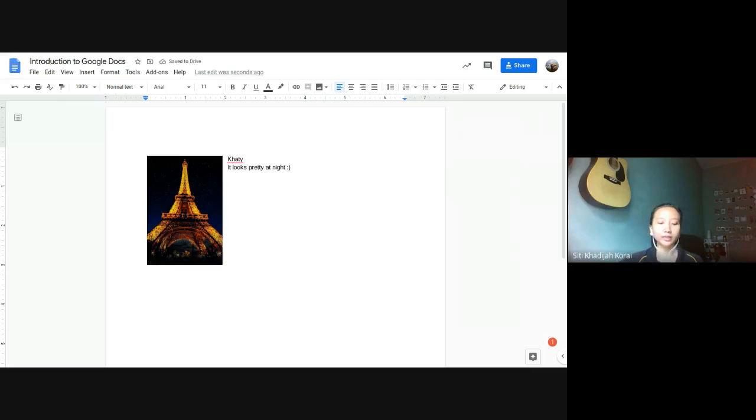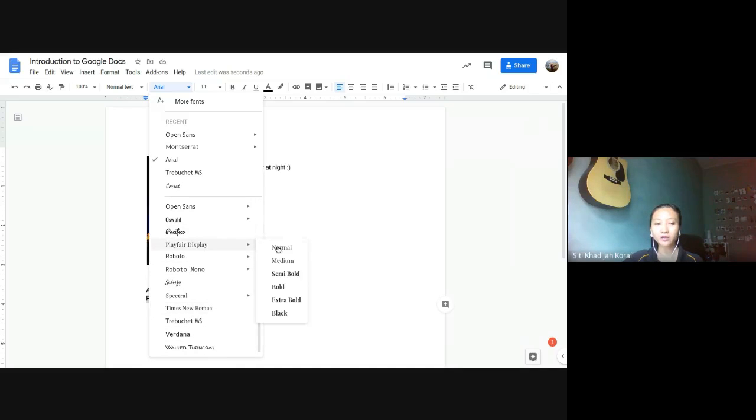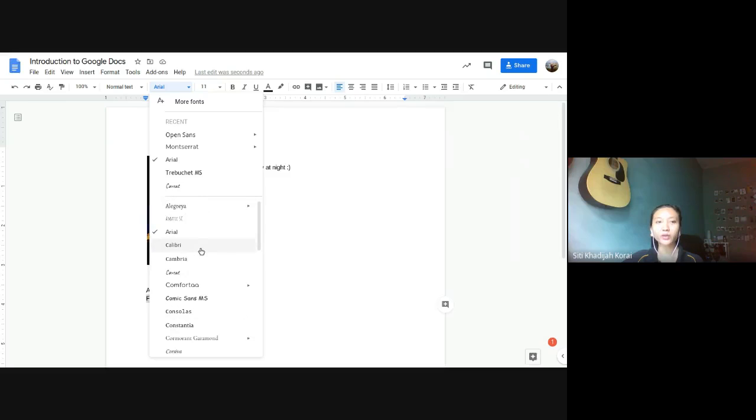Okay, so now it's Arial. So let's change the font. I'm going to highlight this one and change the font. You just choose the font that you want to use. There are plenty of fonts you can choose from. But if none of these fonts you like, you can add more fonts. So you just click on more fonts,